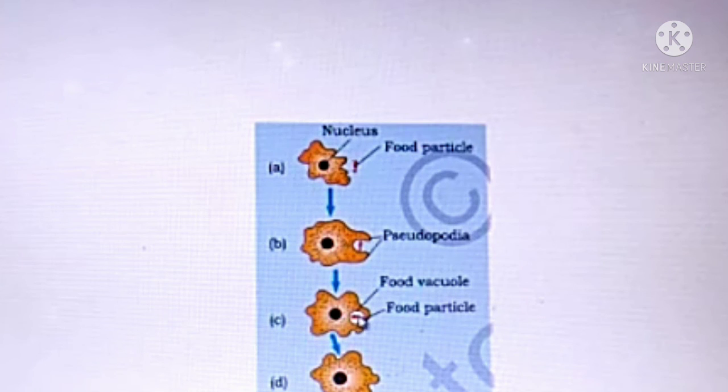That simple substance is absorbed by the surrounding cytoplasm, and after that assimilated. That means the absorbed substances will be used up. After using, they will eject the excretory matter as fecal matter. So these are the different steps of